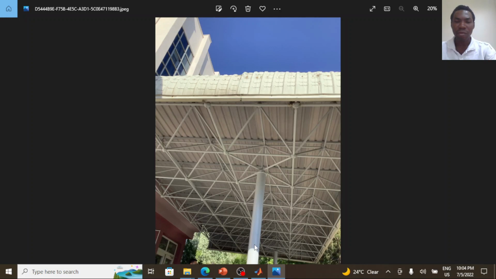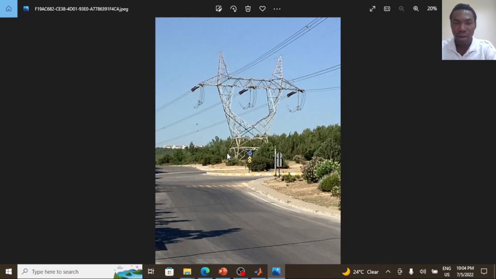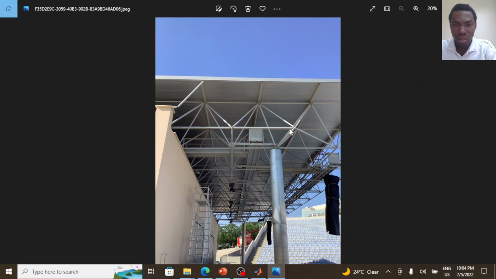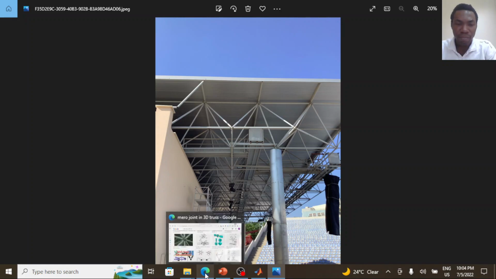This is another roof truss, a 3D roof truss. And if we should note something, we have the connectors of the roof truss. There is a special type of connector that is very common for connecting 3D truss elements. They call it the mero node connector. This circular bulb here, let me see if I can get another one. It's also seen here. Let me check the internet